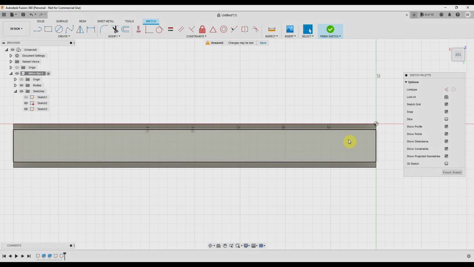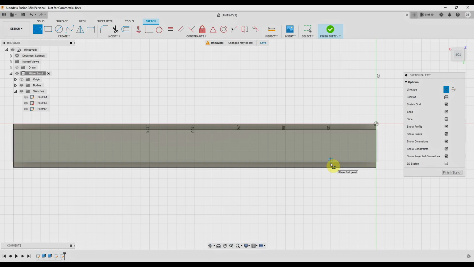I need my slots to be dead center of my Mitre bar, and I also want them to be 20 mil in from the outside and 50 mil long, sorry. So once again, I'm going to use construction lines to make sure I get them in exactly the right place. So I'm going to turn on construction lines, and I'm going to choose the line tool from the menu bar at the top,